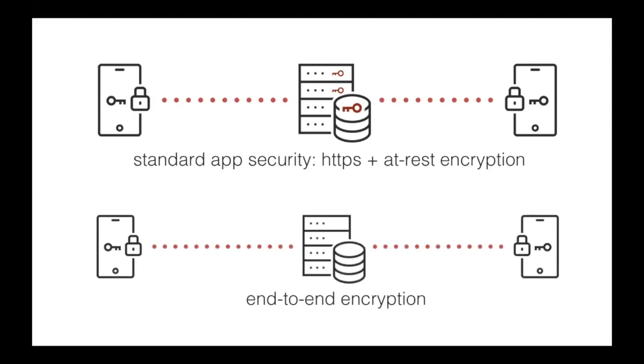In contrast, end-to-end encryption encrypts data on the mobile device, not only for transport over the wire, but throughout the entire journey. So if this is a chat message, the mobile user on the left-hand side encrypts the data, and then it will be the encrypted data that will travel up to your web server. It will be the encrypted data that will be stored in your database, and it will be the encrypted data that will travel down to the other user's phone, who will, at the end of the journey, decrypt that piece of data using the key management that you can implement with our SDKs.